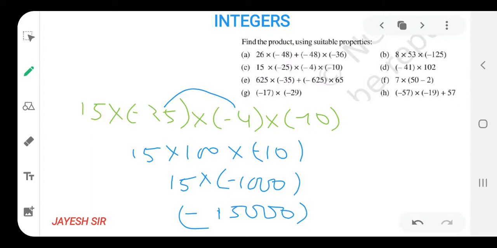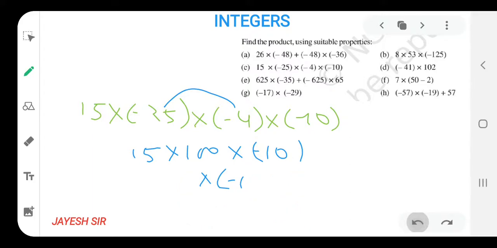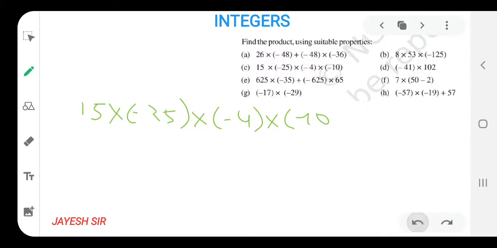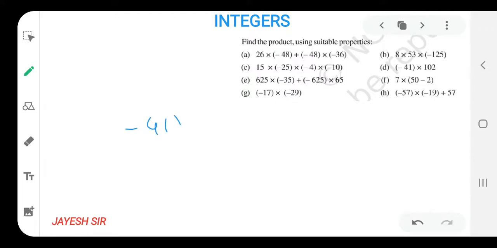That's very easy, friends. So let's begin with our fourth sum. That means 41 minus 41 into 102. This sum also needs a different approach. Yes, friends, this sum we can solve with the help of the distributive property also. What is there? Minus 41 into 102. If I want to write the answer, what will I write? Minus 4182 is my answer. So let's see how.